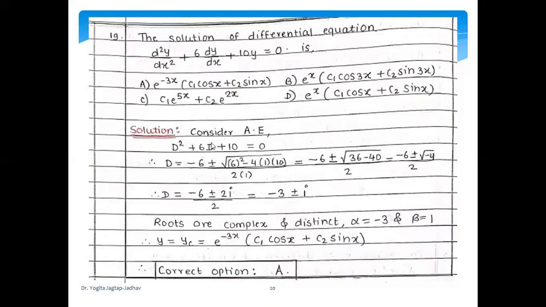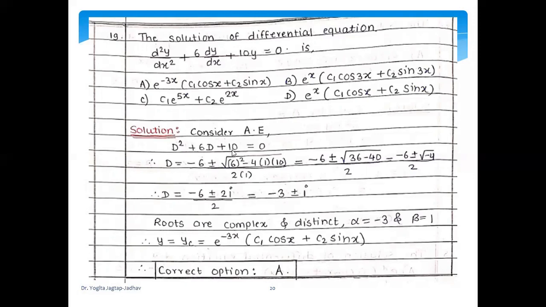Now look at example number 19. Here, to find the solution of the differential equation d square y upon dx square plus 6 dy by dx plus 10y equal to 0, again 4 options are provided. The auxiliary equation for the given linear differential equation with constant coefficients is D square plus 6D plus 10 equal to 0. Again, here it is not possible to find the roots by using the factorization method. Therefore, we use the quadratic formula for this quadratic equation with a equals 1, b equal to 6